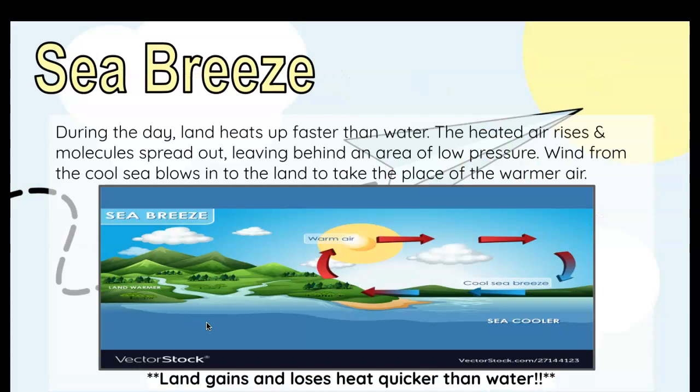First is your sea breeze. You've got to know that sea breezes happen during the day. Okay? Sea breezes occur whenever your land is hotter than your water. Think about going to the beach. When you go to the beach, let's say it's 12 o'clock, lunchtime in July, right? You're on the beach, but even though it's so hot outside, there's always such a nice steady breeze blowing and cooling you down, right? That breeze is always coming from the sea onto the land where you are, laying out